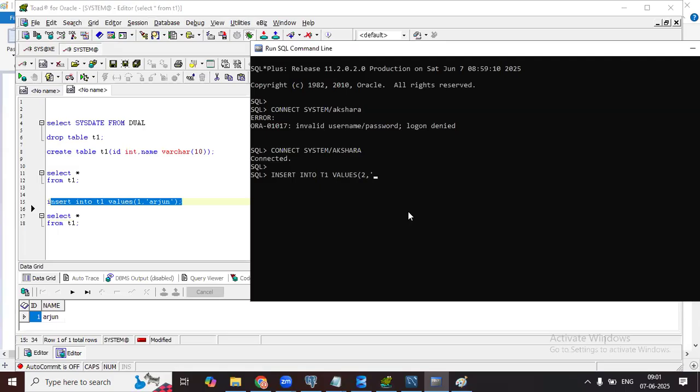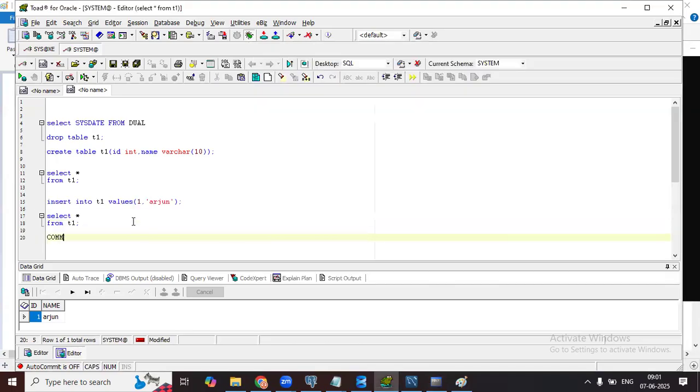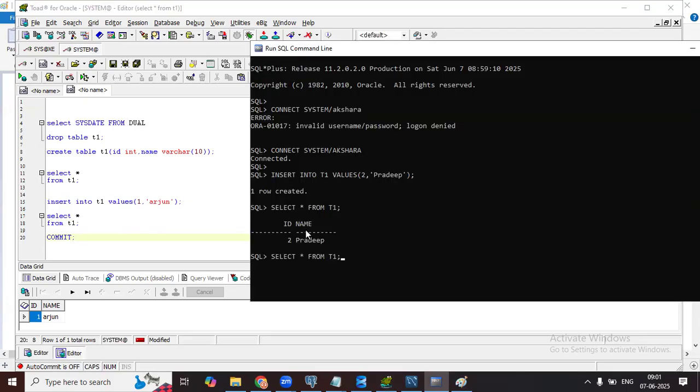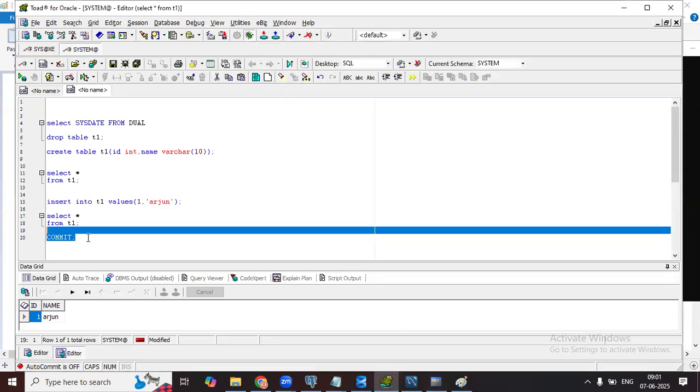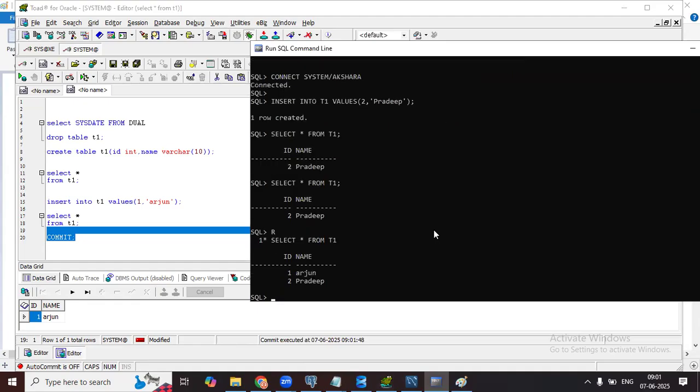I'm inserting Arjun. Then I will insert Pradeep, one more record. If I do that here, it will show Pradeep. Then I'll do a commit. Now you can see the Arjun and Pradeep records.